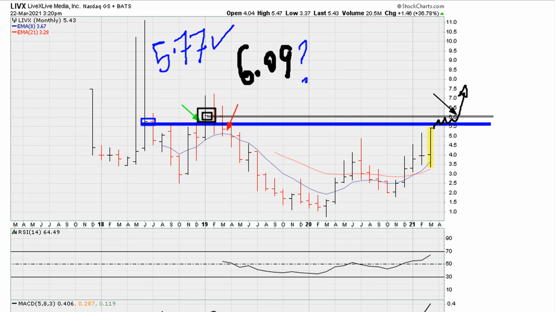So we can say the breakout attempt was an attempt to move above this 5.77 monthly closing high that failed. So actually what we can do is bring back this breakout level. Having previously been unsuccessful in its attempt to move above it, we can now still consider 5.77 as a legitimate breakout level for this instrument. And that's the point of this video,